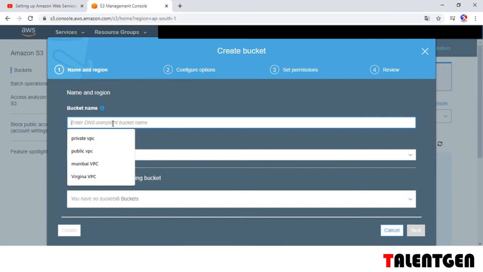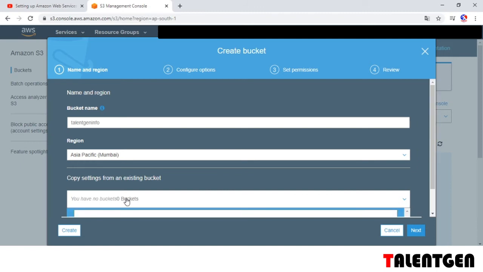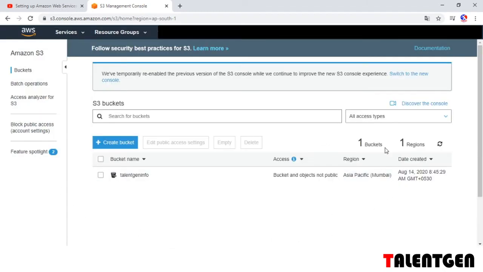My bucket name is Telengine info. Select your region, by default the Mumbai region. If you already have an existing bucket, you can copy its entire configuration, so that is why you can select it here. Then click on the create button. Now my bucket is created.